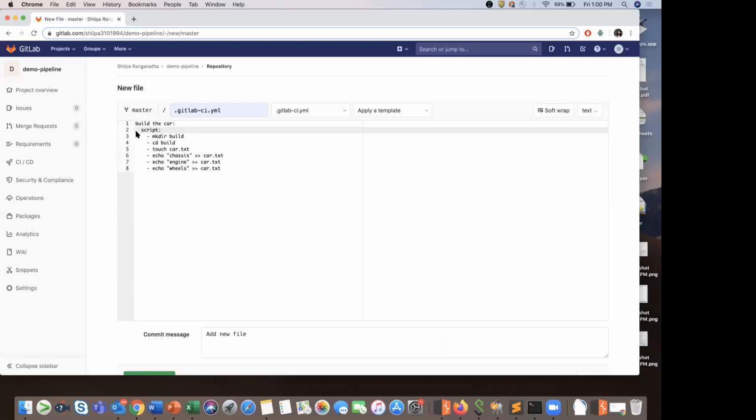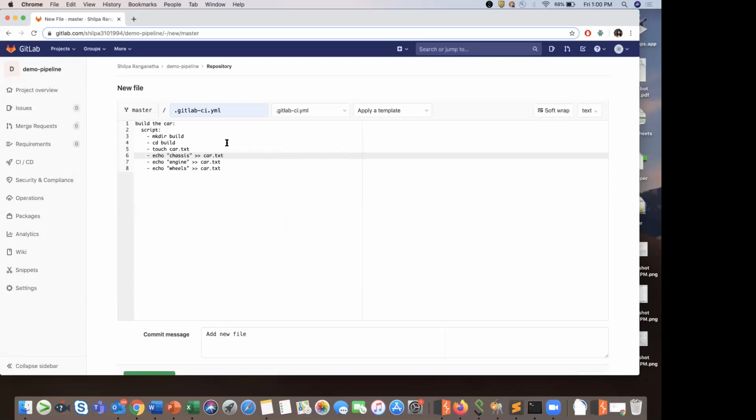Okay, so here I've just given one tab, and then here is my script. Now the first line says mkdir build. So mkdir is nothing but make directory. So I'm creating a directory called build. Then cd, change directory. I'm going inside my directory. touch car.txt. So what does touch do? Touch is used to create a text file.